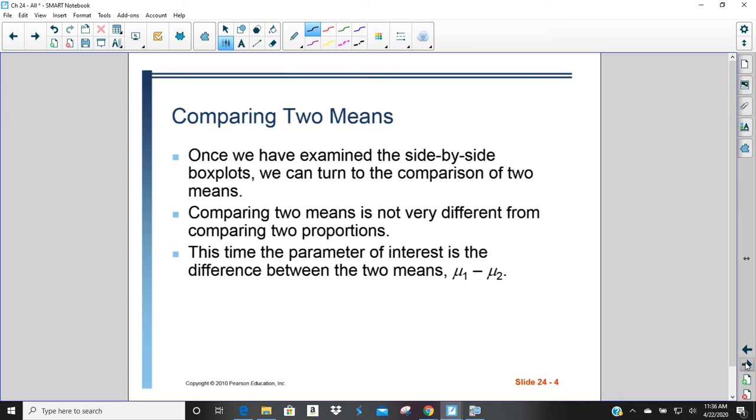Okay. So comparing means, we're doing obviously a side-by-side comparison. We're doing the box plot. We're doing the histogram. We always have to look at both. When we are doing the difference, it's going to be mu1